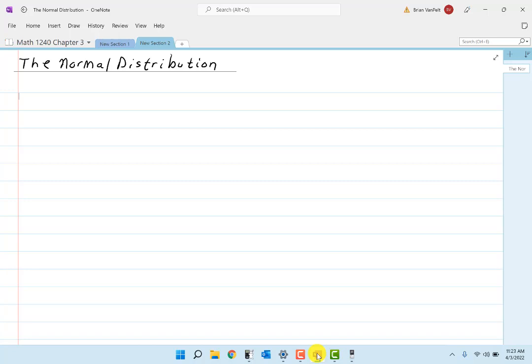Alright, in this section, we're going to study something called the normal distribution. It looks like a bell curve, and I wanted to start by motivating it a little bit. In our formulas that we have,